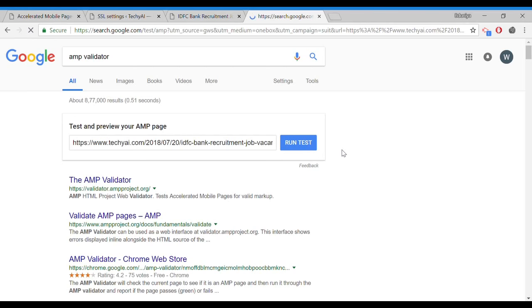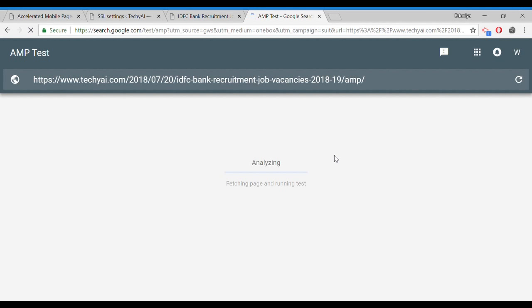Since this website is not indexed on Google yet, therefore I have to use the AMP. Otherwise, once the website is indexed on Google, it will directly open on the AMP. All right. So this is how it will look like. So it's pretty handy. It's pretty good to have AMP on your blog, but